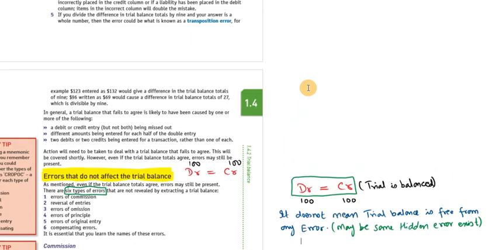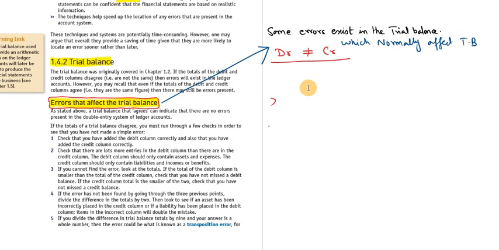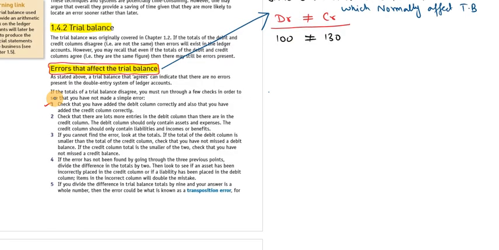Okay. So here are some errors which affect the trial balance, where the debit side is not equal to the credit side. Maybe the debit side is 100 and the credit side maybe 130. So how is this possible? Which error causes either the debit side to go down or the credit side to increase? So the first error related to this phenomenon is this. Number one,